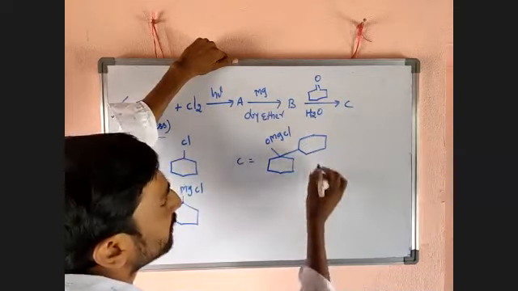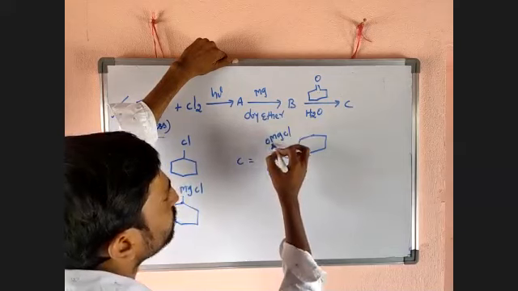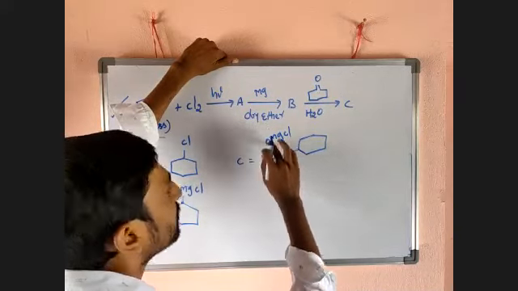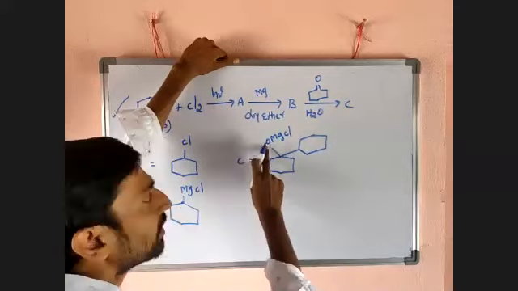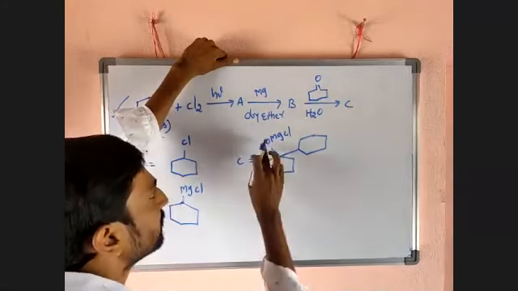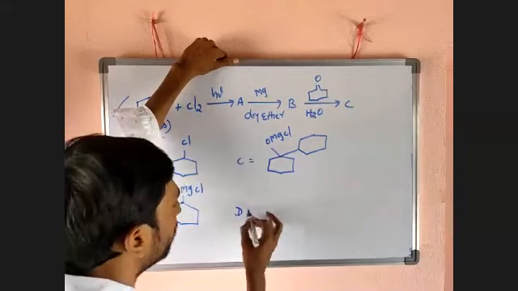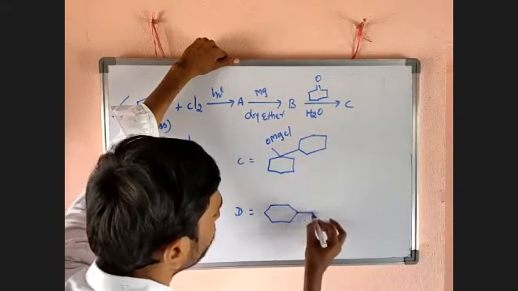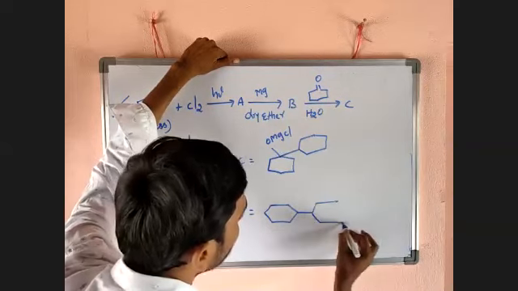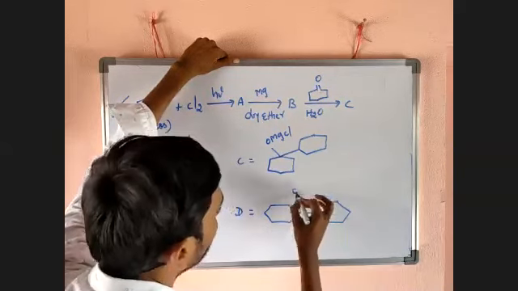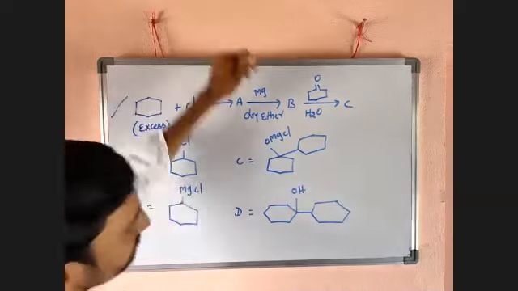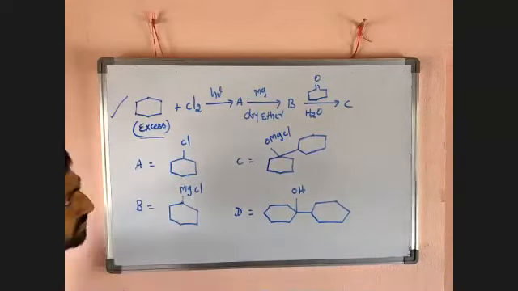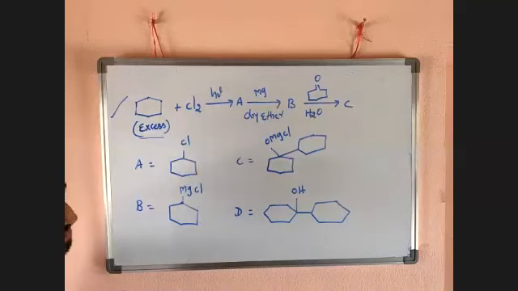Now what's happened? Hydrolysis. On hydrolysis, it is cleaved there and converts into OH; it will get H, and that will get OH. So C is a cyclohexane ring linked with another cyclohexane ring with OH. That's enough. By introducing this type of problem, they may confuse you, but the basic is very simple.